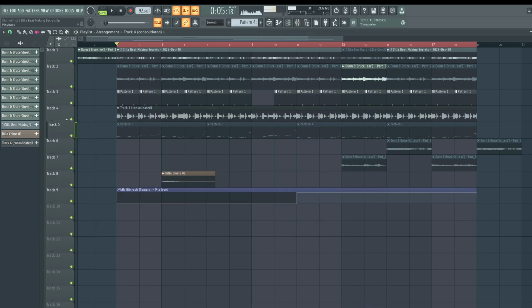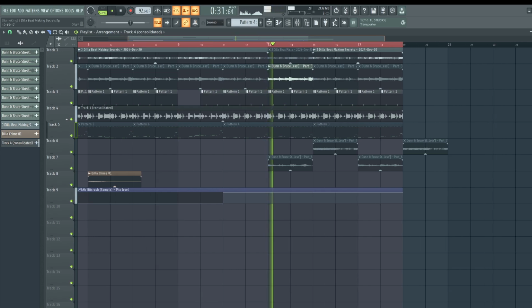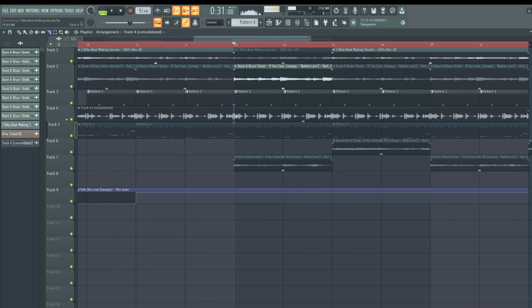Let's try something here. Let's make the drum stutter. So when the sample goes dun dun dun dun dun, let's see if we can stutter the drums here so that the rhythm matches. So let's slice, change the snap to grid to a beat, and let's repeat this. This may or may not sound good, but let's try it.